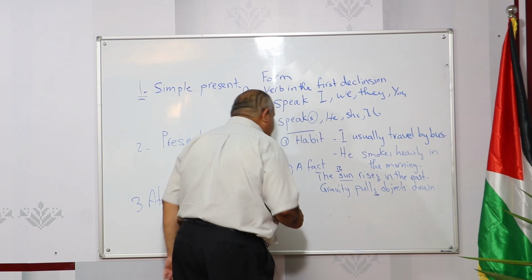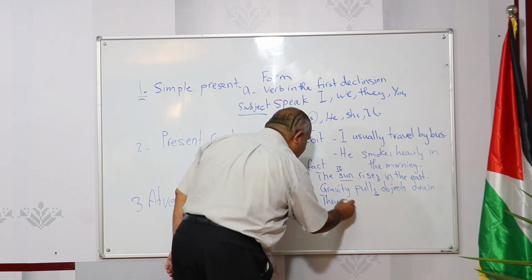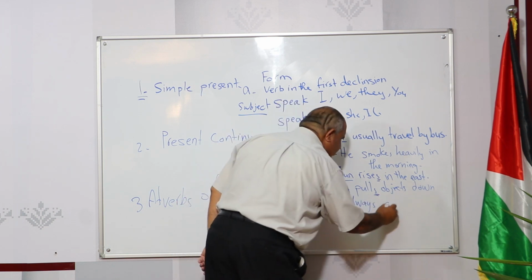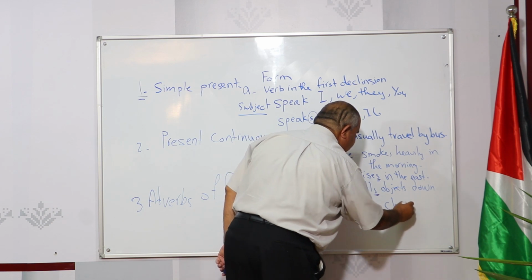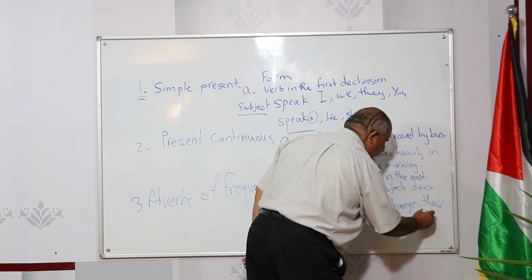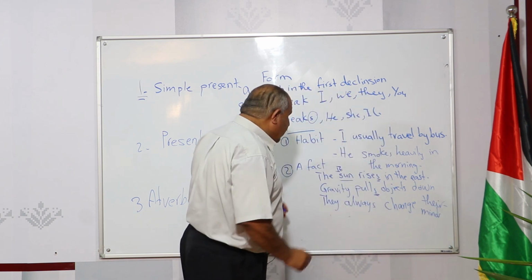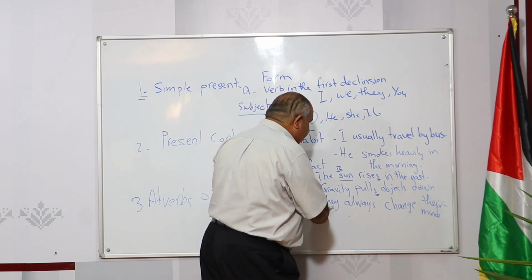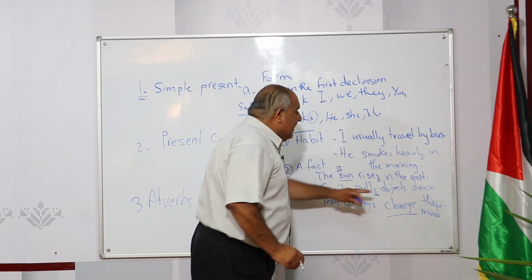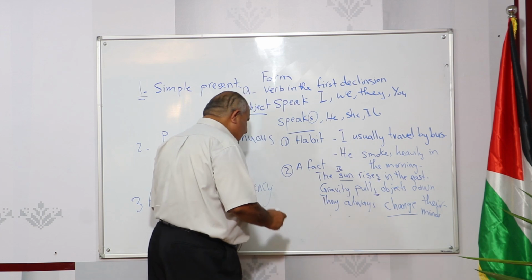Okay. Now we say, for example, they always change their minds. They always change their minds. Look here, the subject is they. It is not singular. Therefore the verb in the present simple tense is without an s. Without an s. Now, number 3,